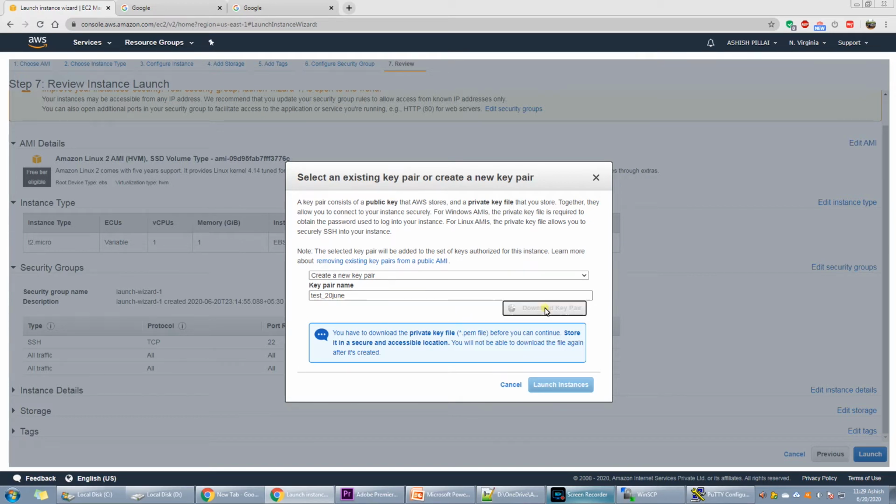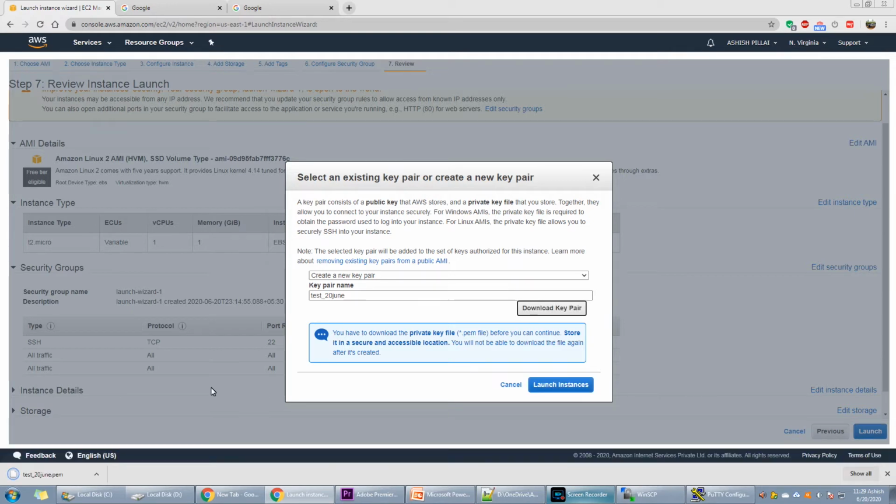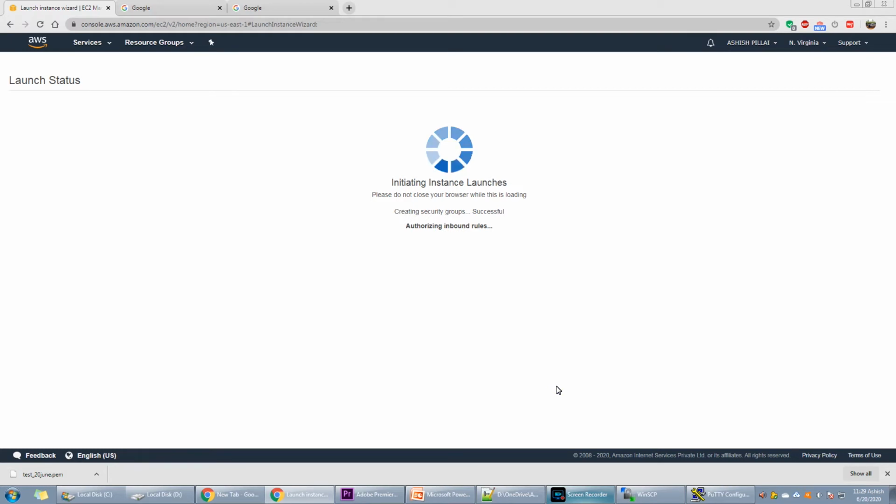Then we click on download key pair. This PEM file will be downloaded onto our machine. Now we have to make sure that we keep this file secure, because if we lose this file, then we won't be able to connect to this instance. Since we have created the key pair, we can launch the instance.